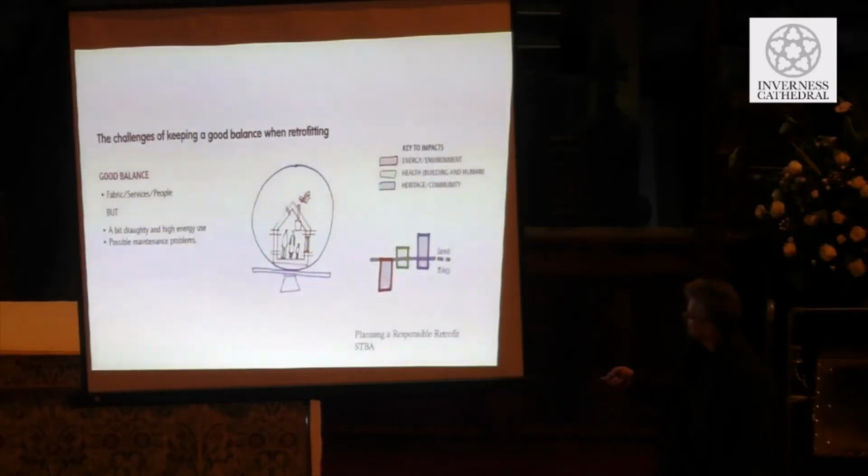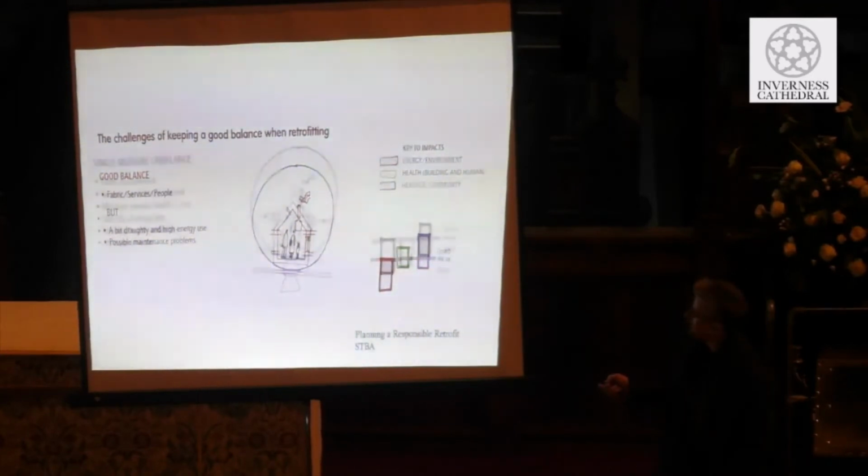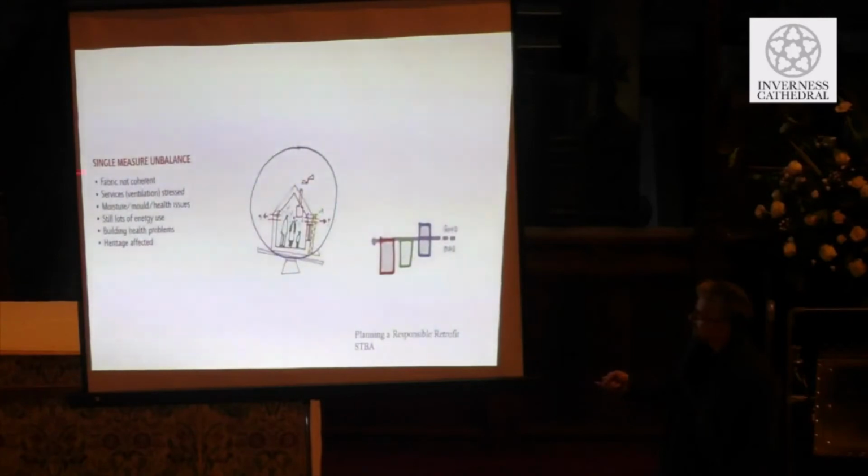So we'll see that we've got a little bit of a diagram here. This is an unretrofitted building, so it's got quite a good balance, quite drafty. It's difficult to heat, so you can see that the energy levels are quite poor, but the health of the occupants is quite good, and it's great in terms of its heritage value. If we only look at doing a single measure here in terms of dealing with energy efficiency, you can see that